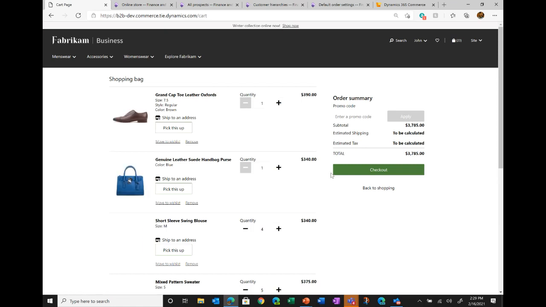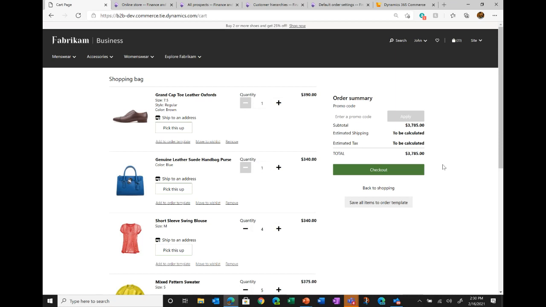And as you can see, all the products from the template got added to the bag. And if there are any quick changes that I would like to make to this, I can do so over here in the bag. And then I can hit checkout and then continue my order entry process. So this enables quick order entry by creating templates of things that you would order on a very frequent basis. And then you can use that template to quickly seed that order into your bag for a faster checkout.